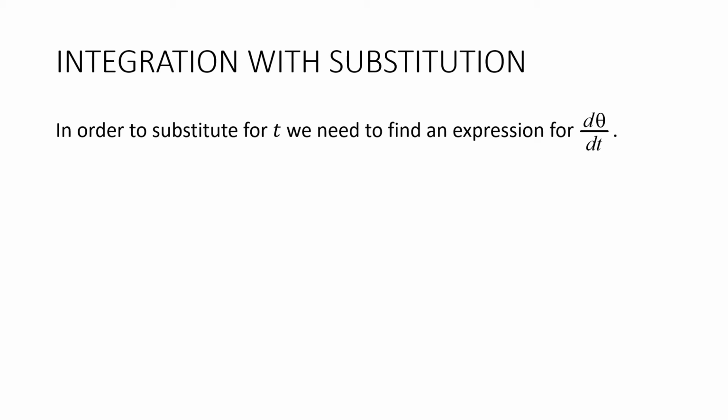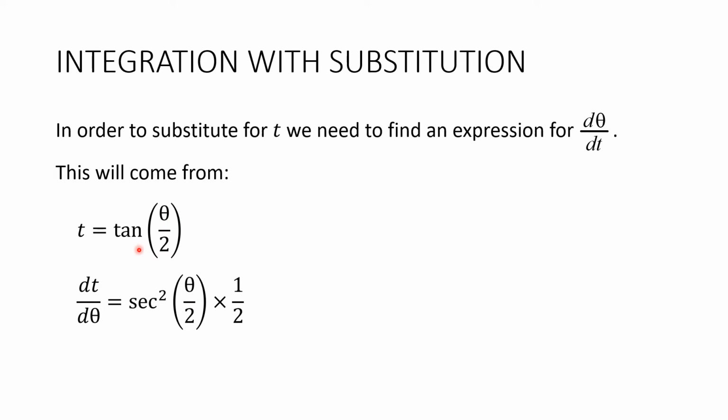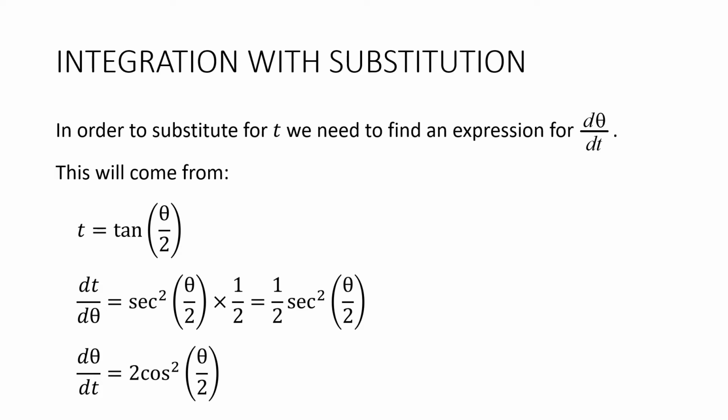Now, in order to substitute for t, as well as having sin theta, cos theta, and tan theta, we really need an expression for d theta dt. And we're going to get it from t equals tan theta on 2, and we're going to differentiate this. We're going to do dt d theta. So remember, differentiating tan, we get sec squared. This is a chain rule, so we multiply by the derivative of the inner function, which is a half. That gives us a half sec squared theta on 2. But I don't want dt d theta, I want d theta dt, so I'm going to invert both sides. D theta dt is equal to 2 cos squared theta on 2, and